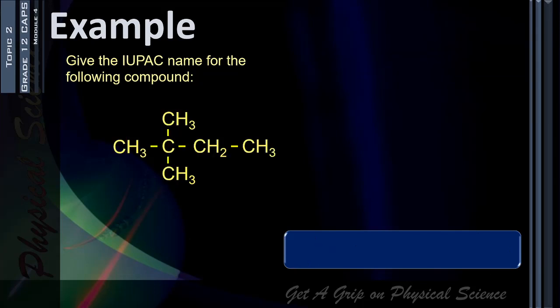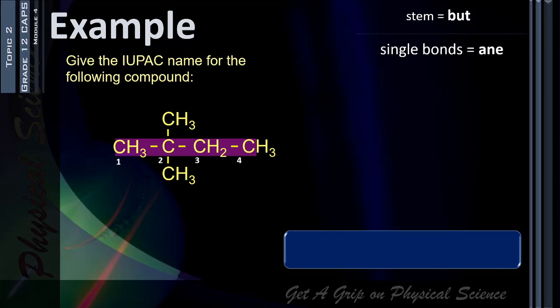The longest carbon chain will be 4 carbons, so the stem name is but. It's an alkane because there are only single bonds between the carbons. If we number the longest chain from left to right, both of these alkyl groups will be on carbon number 2. If we number the carbon chain from right to left, both of these alkyl groups will be on carbon